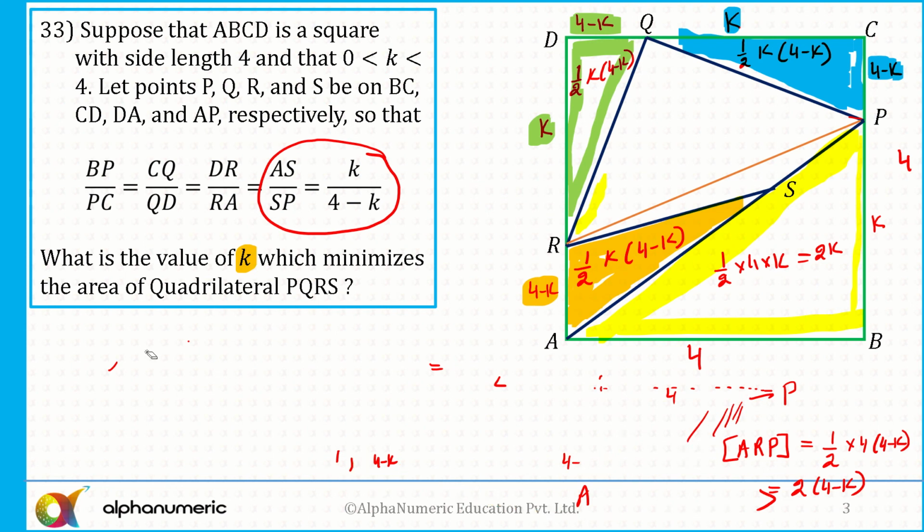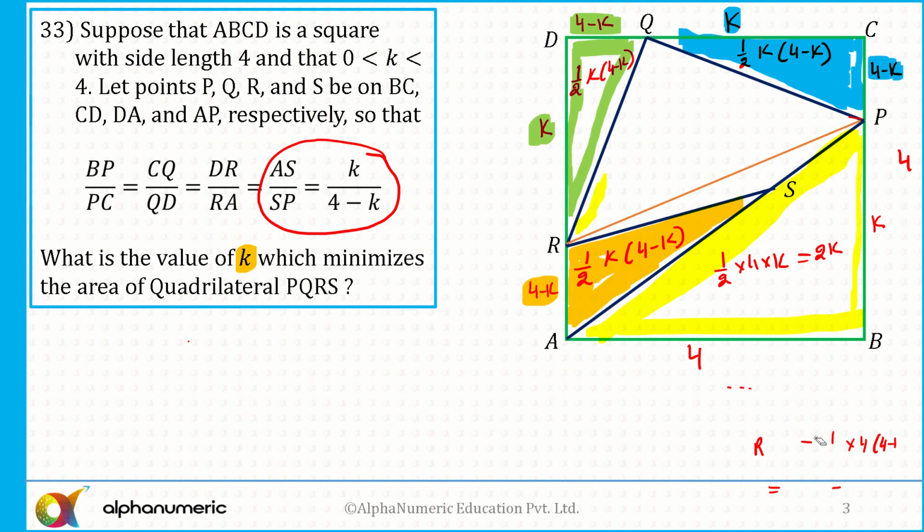Alright, so I need to find out the area of the quadrilateral